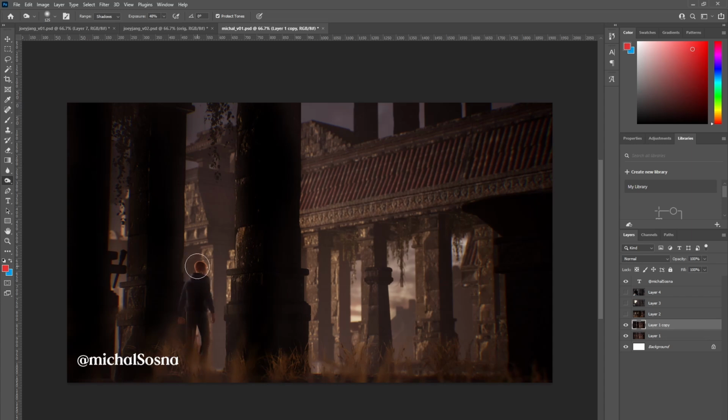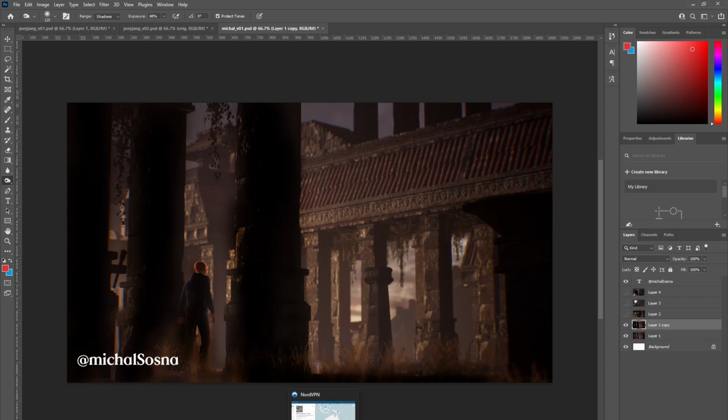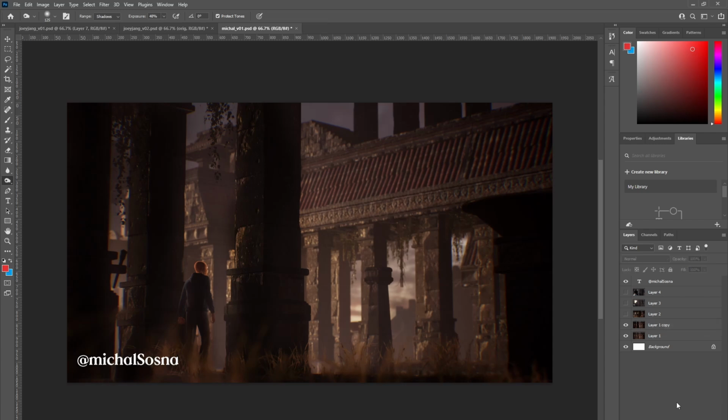So we have this contrast here, particularly the subject. If we could reduce the atmo somewhat, we can start to read the subject more as a silhouette, which I think is really nice against the columns in the background there that are being lit up. So that makes a nice reading.